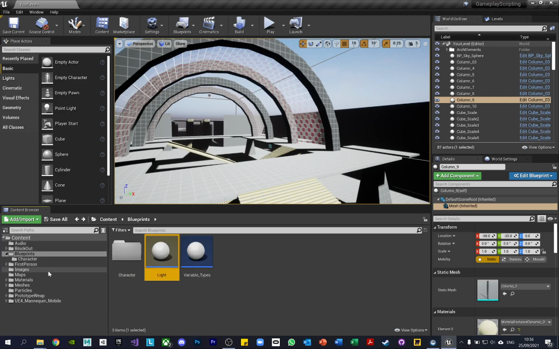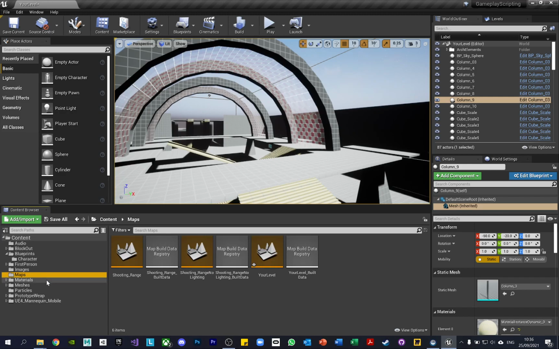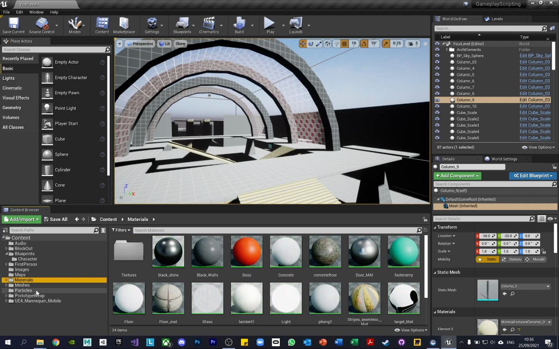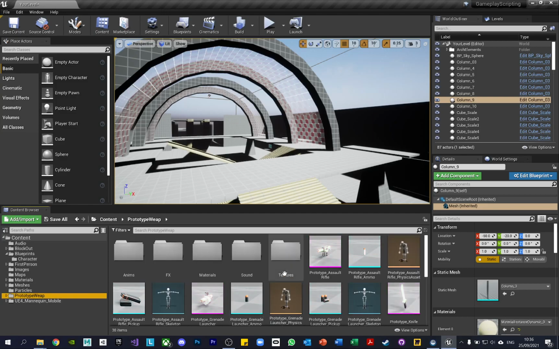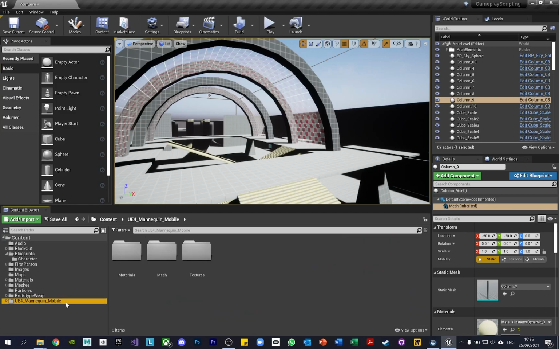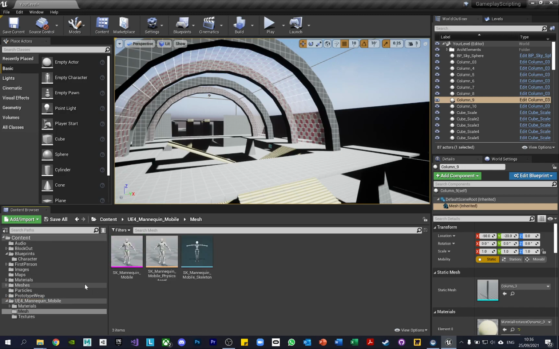And then it's got a few other ones, like different maps in here, which I'll be going over in different lessons, to do with lighting and things like that. It's got different materials, particle effects, different weapons that we can use. And then the mannequin as well, that we'll probably be using for AI. Okay,